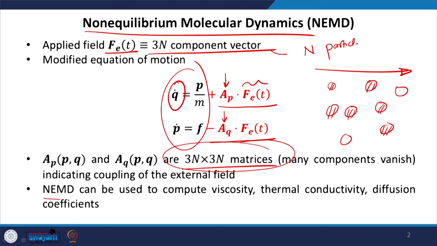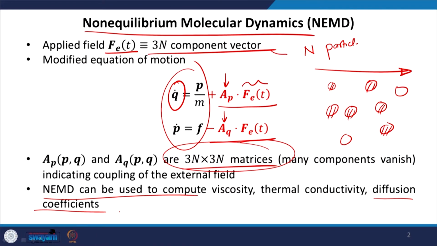So, using the idea of this non-equilibrium molecular dynamics, we can, for example, compute the viscosity, the thermal conductivity, and diffusion coefficient by doing simulations that somehow simulate the transfer processes, because as we study in chemical engineering, there are 3 kinds of processes: the momentum transfer, in which the variable that we work with is the viscosity. Then we have heat transfer, particularly the conductive heat transfer, where the variable we work with is thermal conductivity. And then finally, we look at mass transfer, where the variable for diffusive mass transfer is the diffusion coefficient.